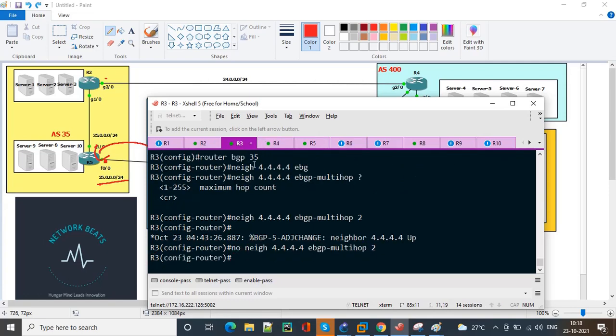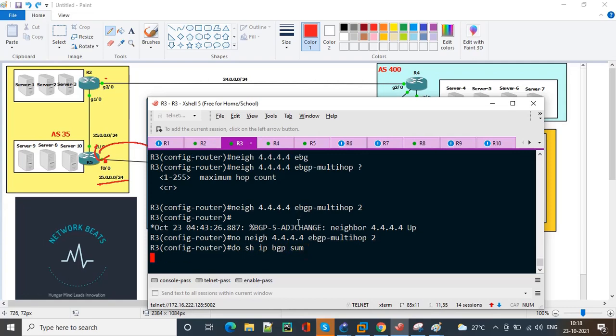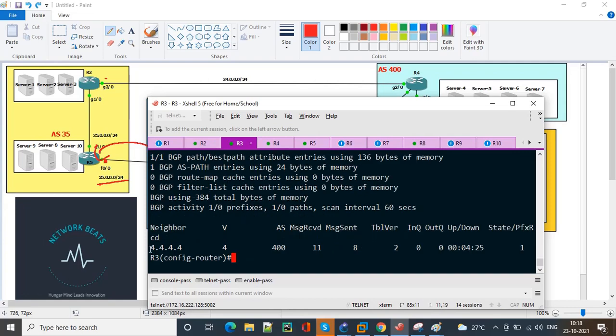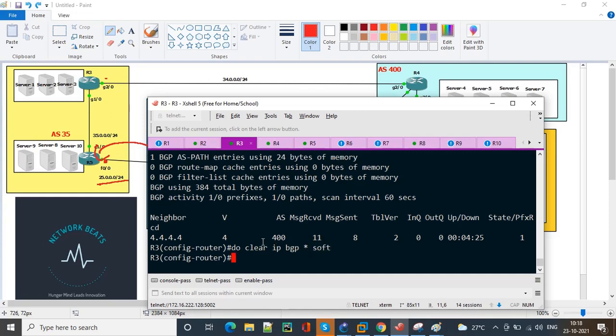Now our BGP should not be up. Do show IP BGP summary. I still have a peering going on with R4. Do clear IP BGP star soft.